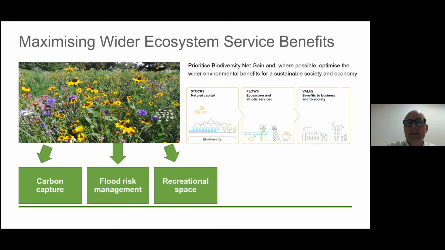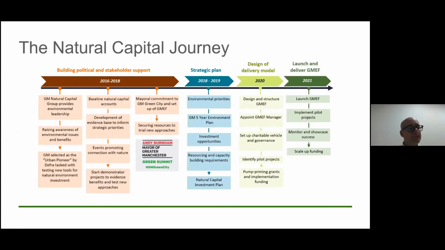And so the metric, the DEFRA metric that Nick referred to, is a really useful tool to understand and actually influence planning applications, from achieving no net loss to actually starting to deliver net gain and nature positive outcomes. And the principles of the metric that Nick mentioned can also be used to inform the next stage of our journey, which is around achieving environmental net gain, including all the tools and evidence that we've developed.